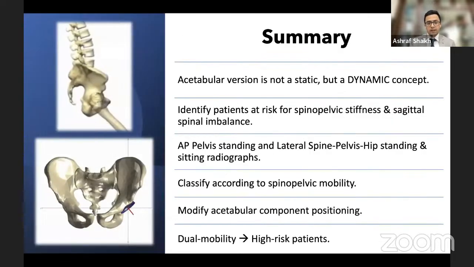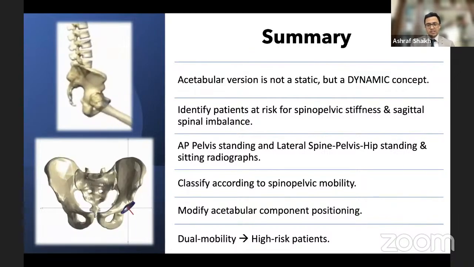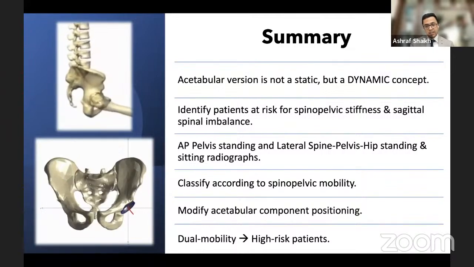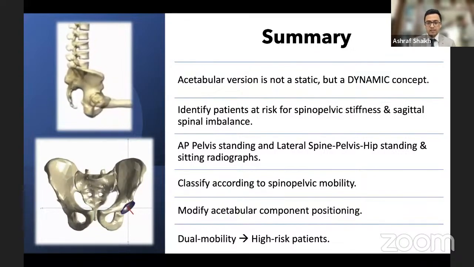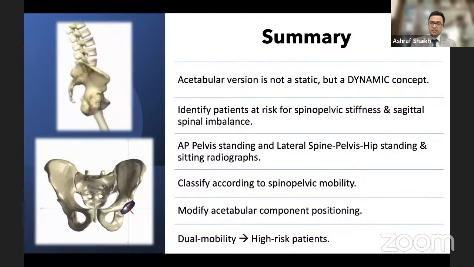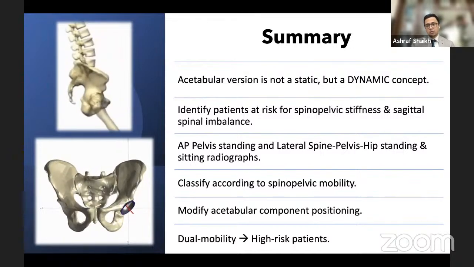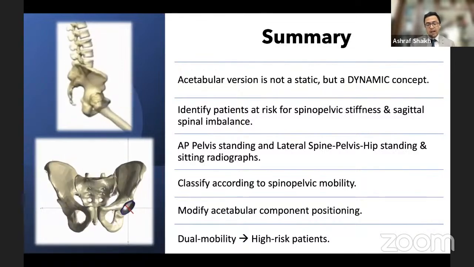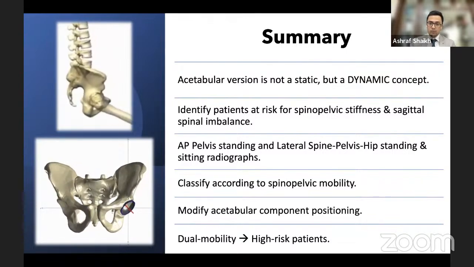a dual mobility implant. So in summary, I would like to say that acetabular version is not actually a static concept. It's a dynamic concept which changes from standing to sitting. We need to identify these patients who are at risk for spinopelvic stiffness and a sagittal spinal imbalance. The X-rays of AP pelvis standing and lateral spine pelvis hip standing and sitting are very important in these patients. These help us classify these patients according to their mobility criteria. Accordingly, we will then modify the acetabular component, and in high-risk patients, probably dual mobility total hip arthroplasty is a